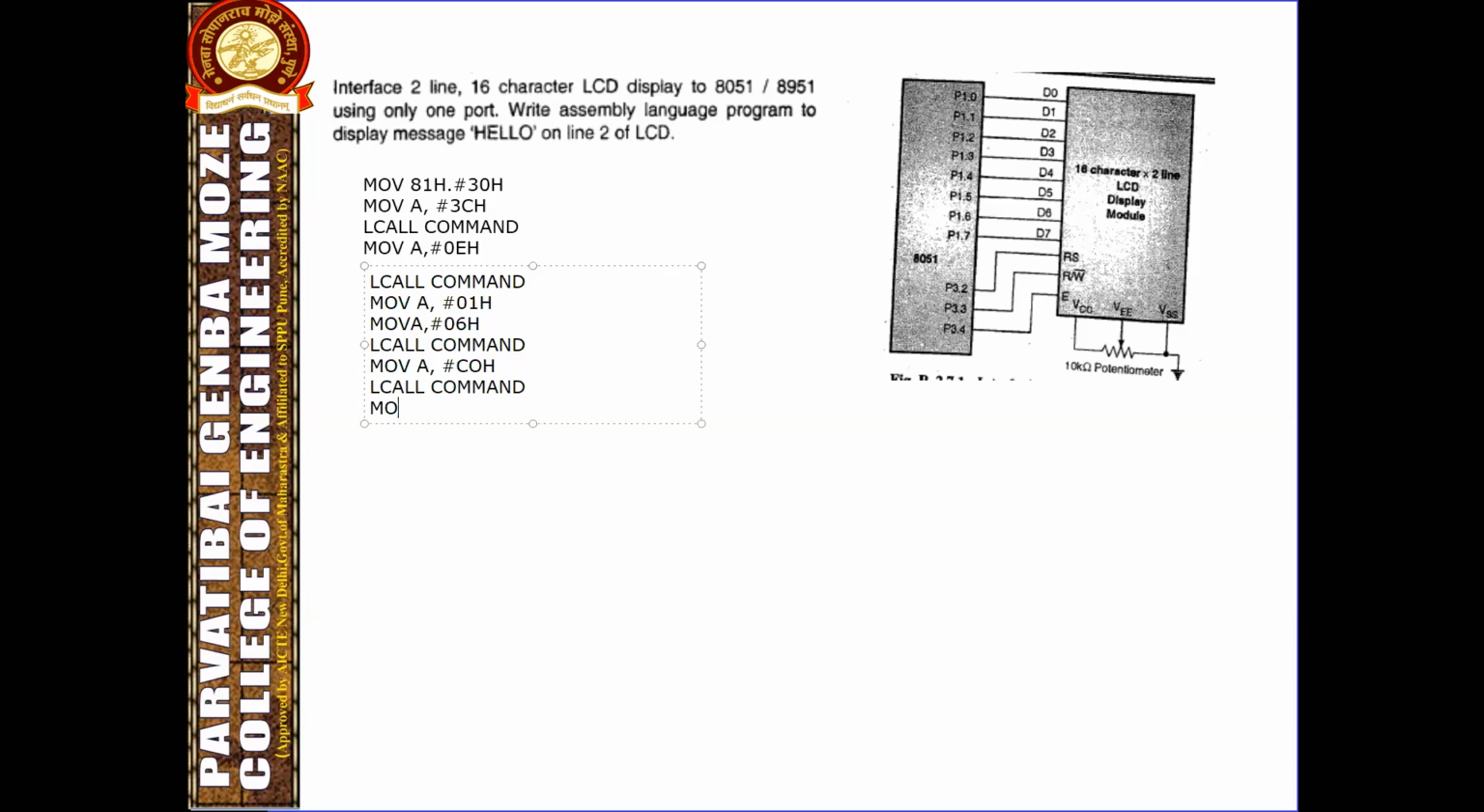After that we have to move A. Now we have to display our letter H because we want to display hello. We are going to display one by one here, and we have to call display for displaying purpose. This is the display call for the display purpose, and write MOV A, comma